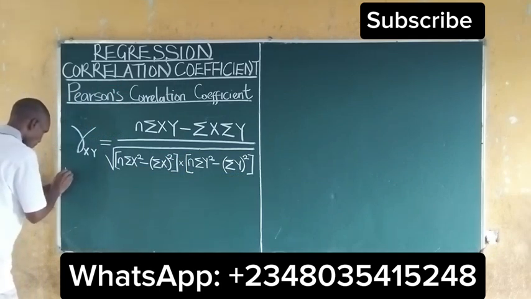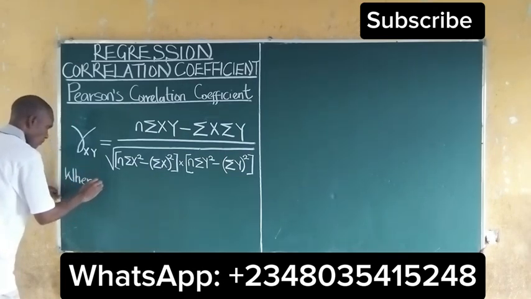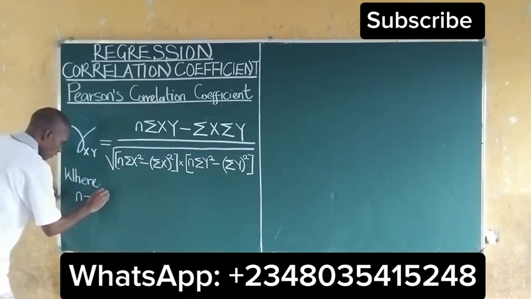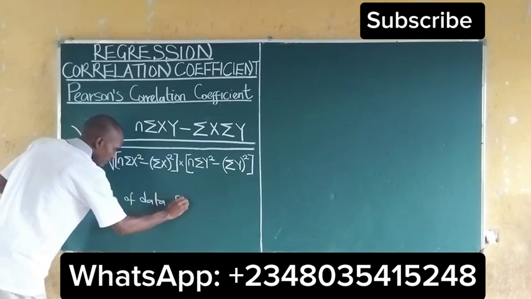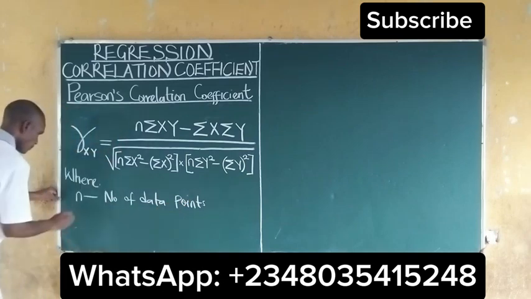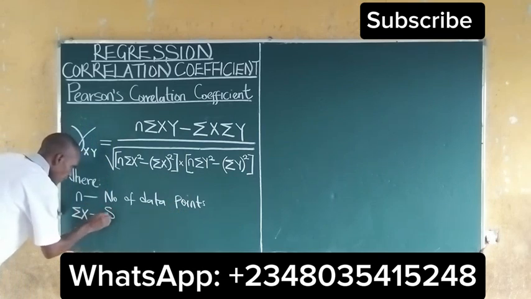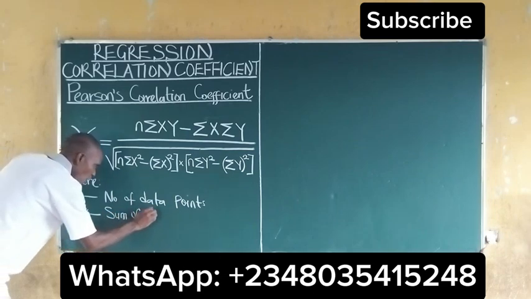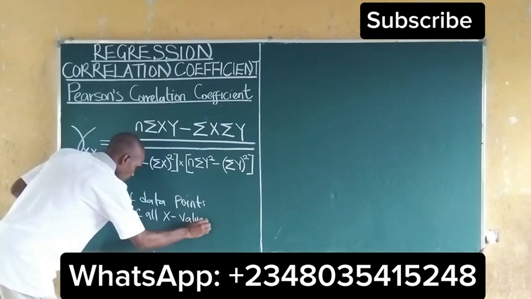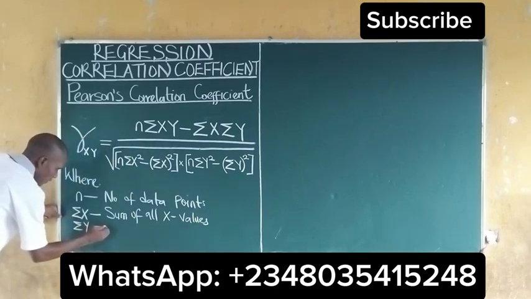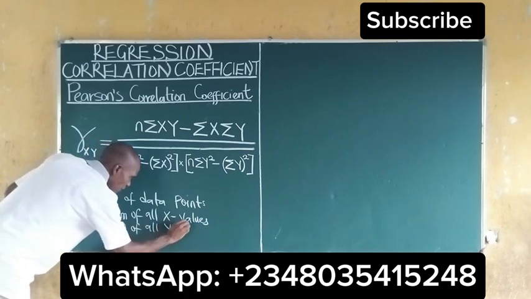where n is the number of data points, summation of x is the sum of all x values, summation of y is the sum of all y values,